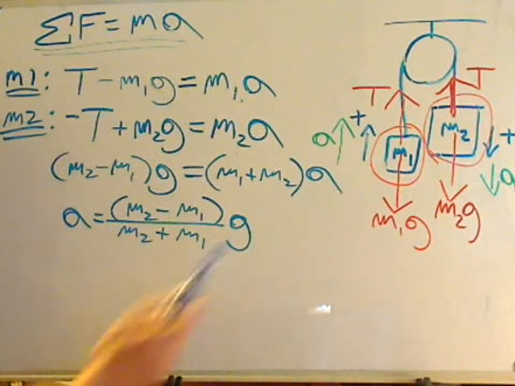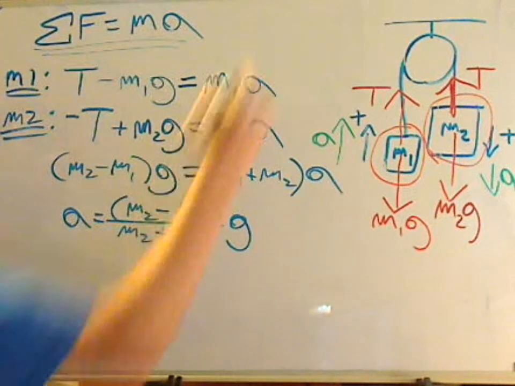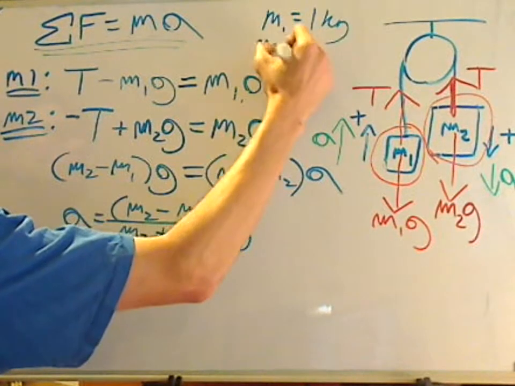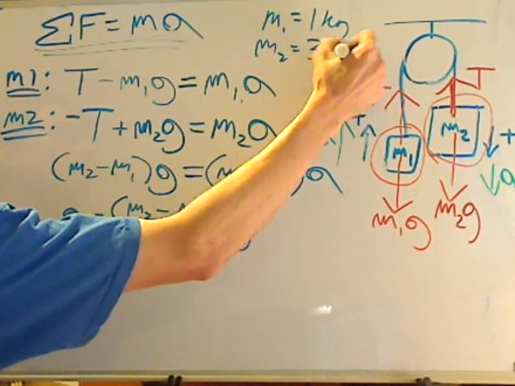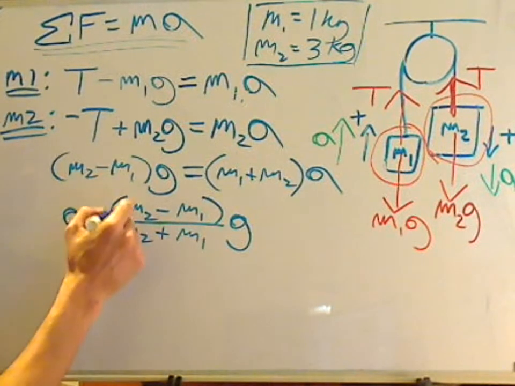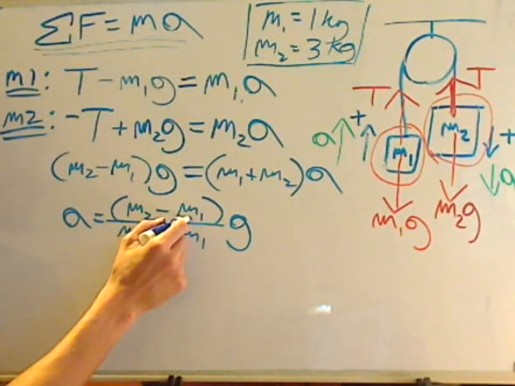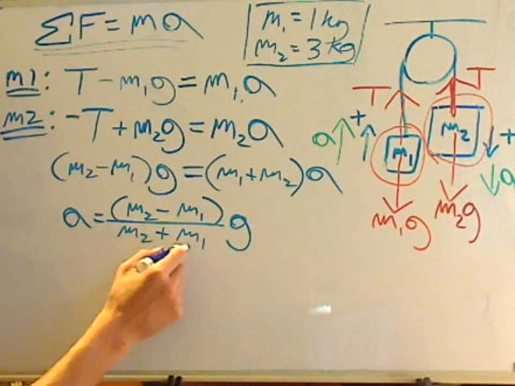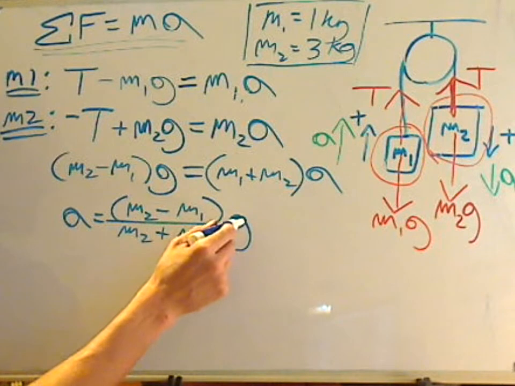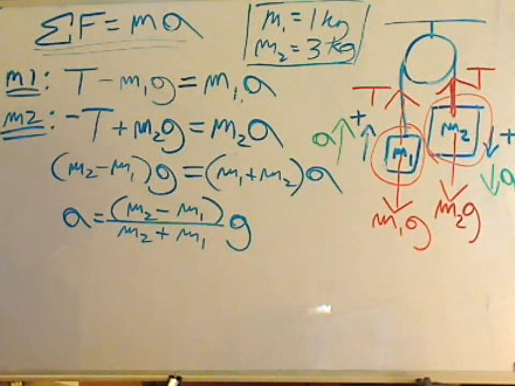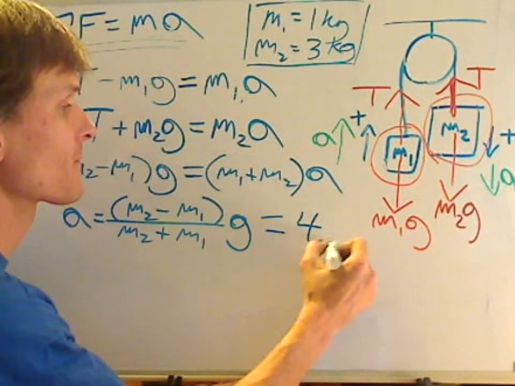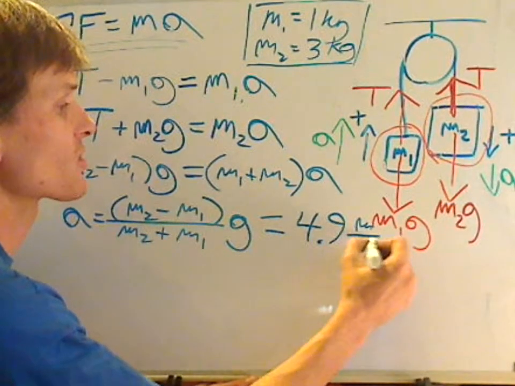M1 is 1 kilogram. M2 is 3 kilograms. So we get 3 minus 1 is 2, 3 plus 1 is 4. So we get 2 divided by 4 times g. So half of g, basically. It gives you the answer 4.9 meters per second squared